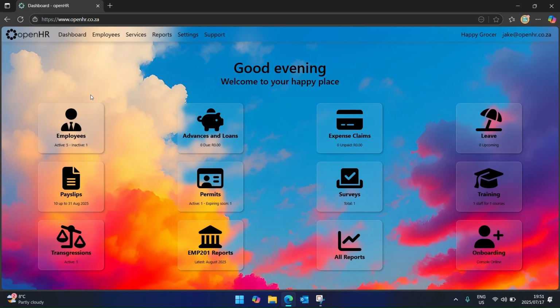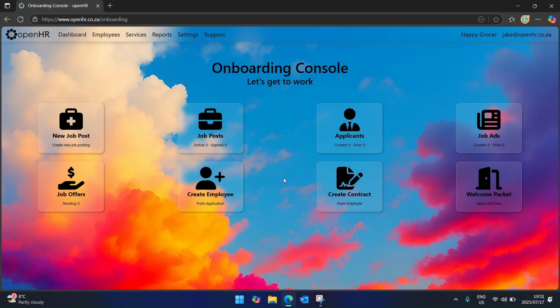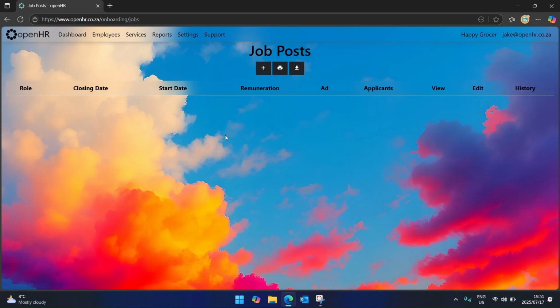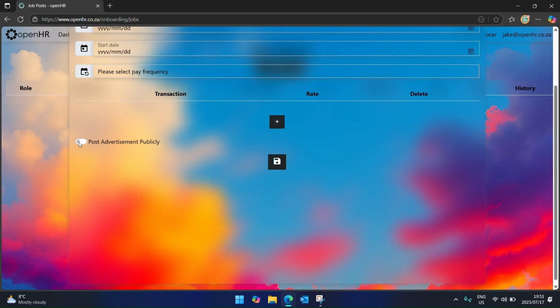Onboarding has become much easier, from job ads to the final employee contract, all on one console. To start with the onboarding process, you can click on the onboarding card on the dashboard. Our first step is to advertise a job post. This can be done from the first card or from the job post screen in the second card. In the job post screen, you can click on New at the top,